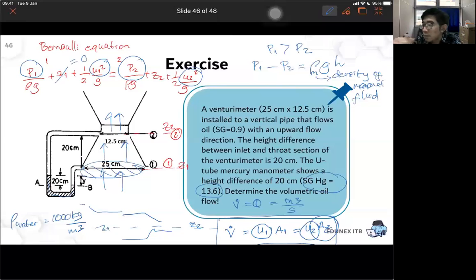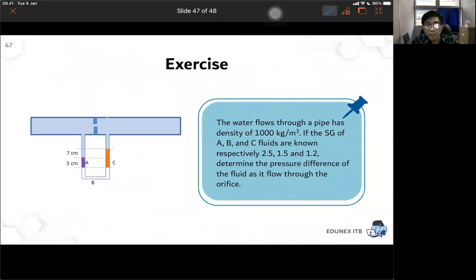Okay, any other question? If you have no other question, I think the second number will be this one, right? So I think this one should be easier than the previous one. Maybe just a small correction: this point should be closer to the orifice. So you will have water close to the orifice, and then